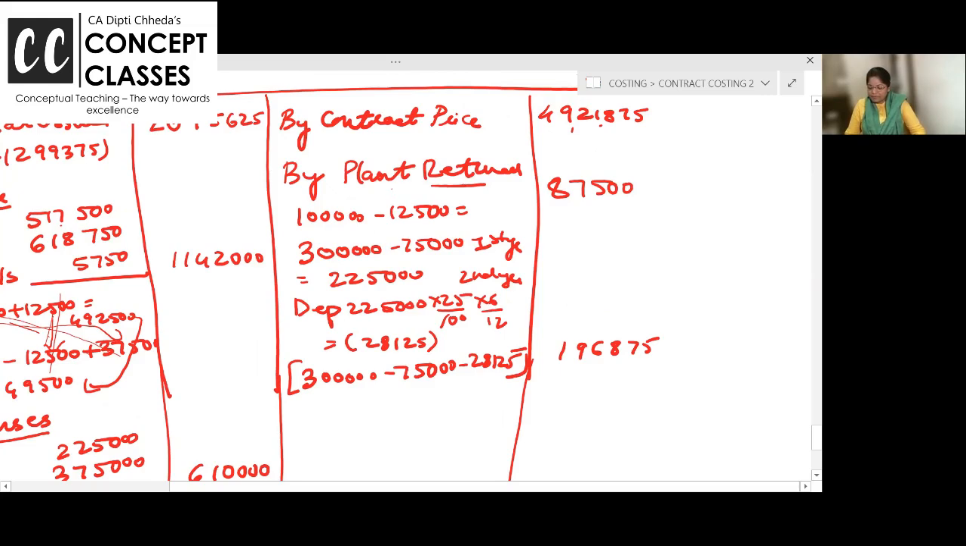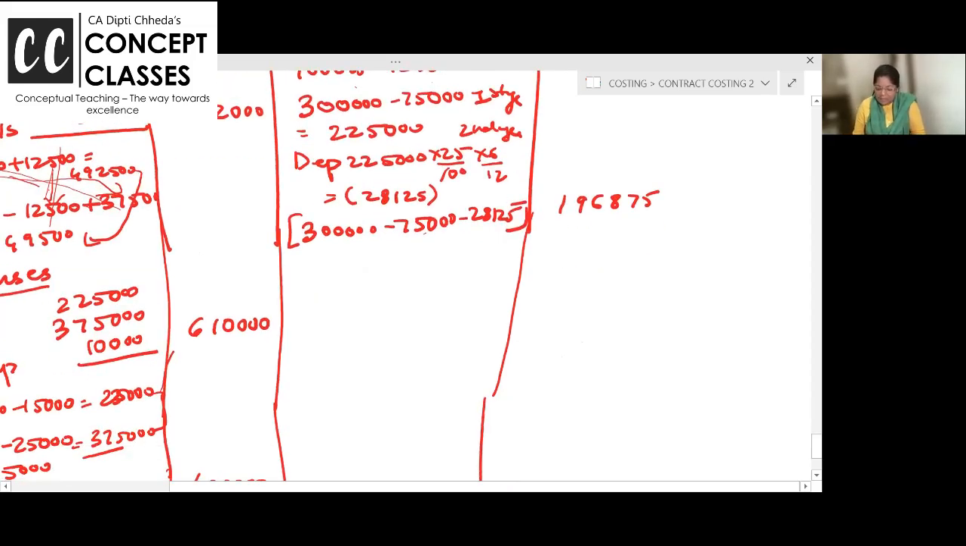Plant returned. 1 lakh plant is returned immediately within 6 months. And next 3 lakh plant, for the first year depreciation is 75, for the next year 28, so this you have returned. And now material. How much material is still there at site at the end of the contract,